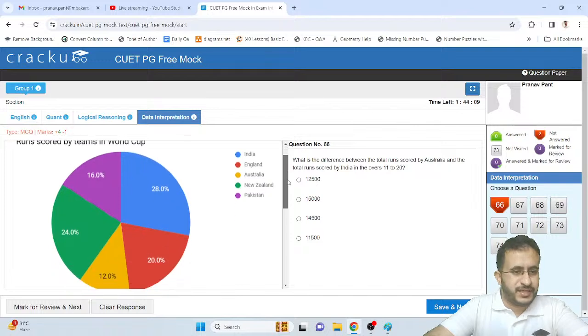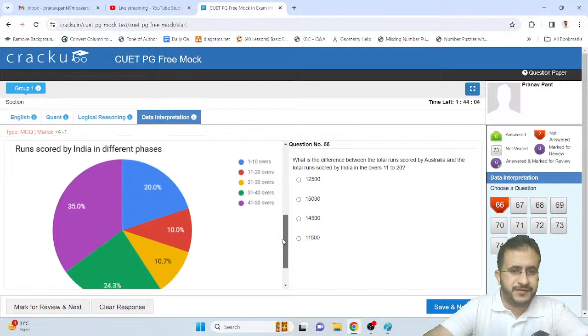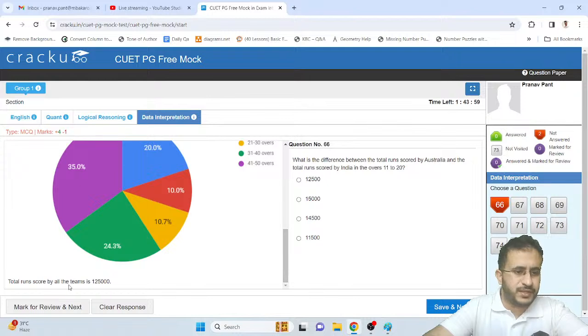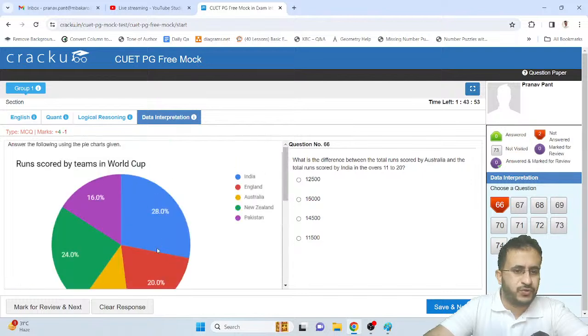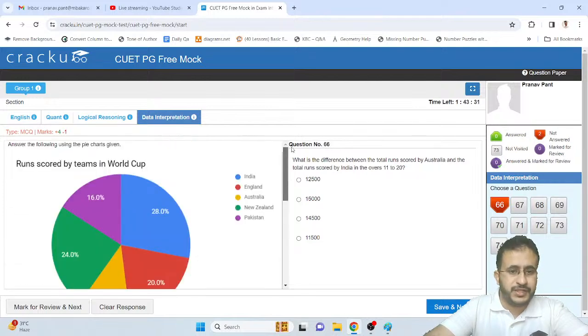Okay, so it says runs scored by teams in the World Cup. So these are runs scored by India in different phases, right? 10 to 20 overs and so on. They've given it in different phases. Total runs scored by all teams is 1,25,000. So we can find the number of runs scored by different teams by using this, and then you can find the runs scored by India and find these values. So that's what we know. Okay, so we can see what is the difference between the total runs scored by Australia and the total runs scored by India in the overs 11 to 20. Okay, so Australia is